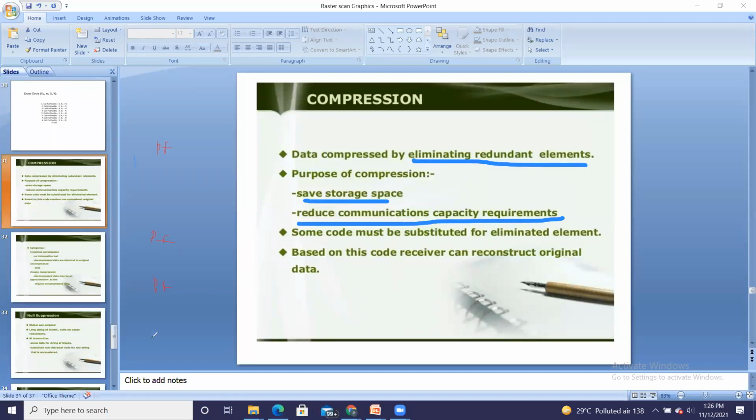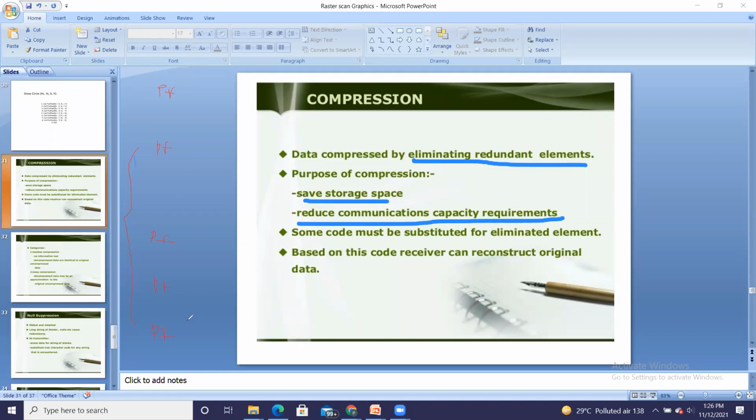So this is a redundant function. Printf is the redundant function, present 5 times in my program. So I will eliminate these elements. If I remove these 4 printf statements, will your program give you the same output? No, right?